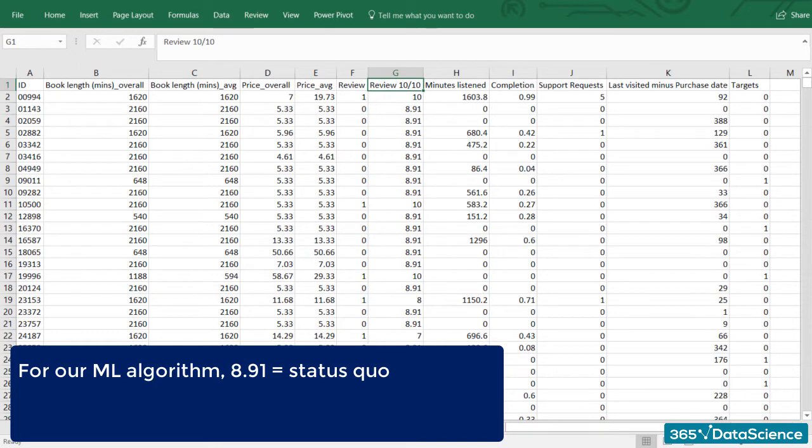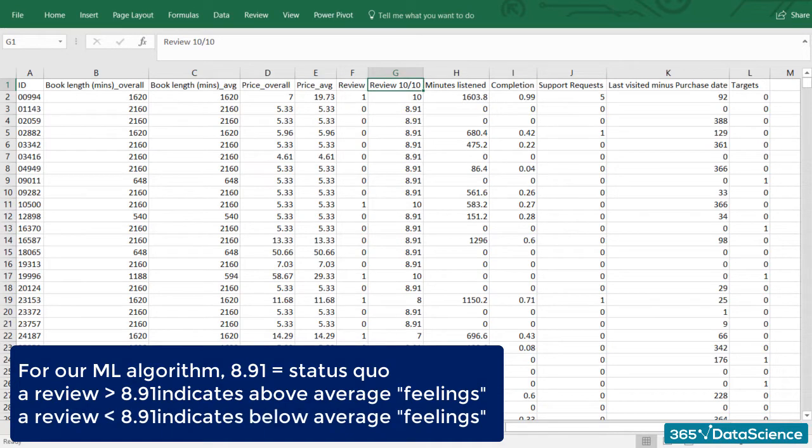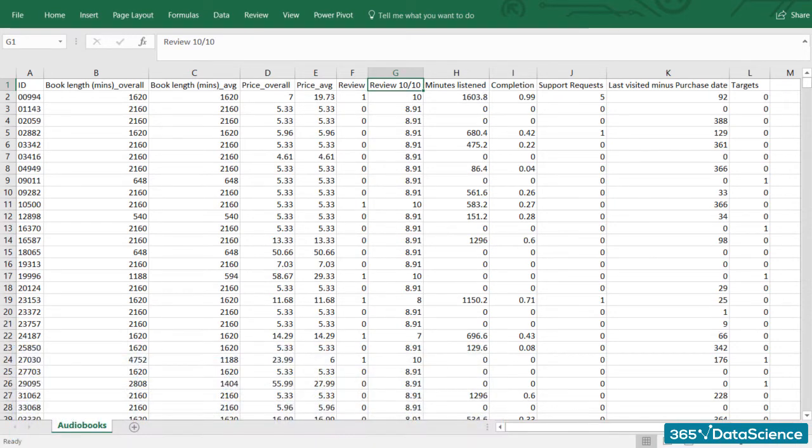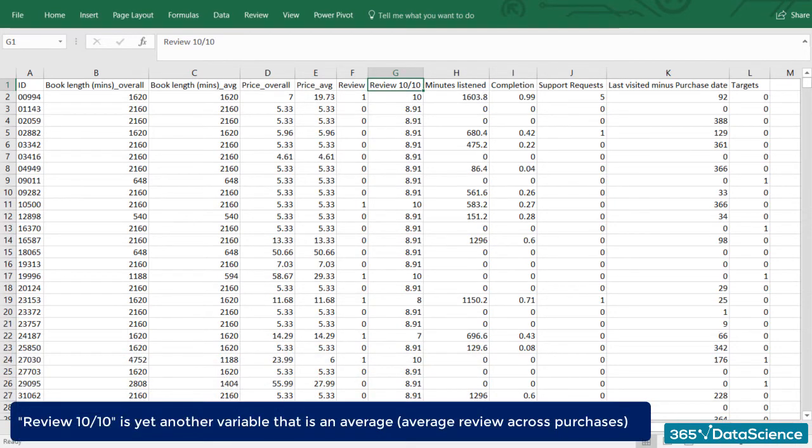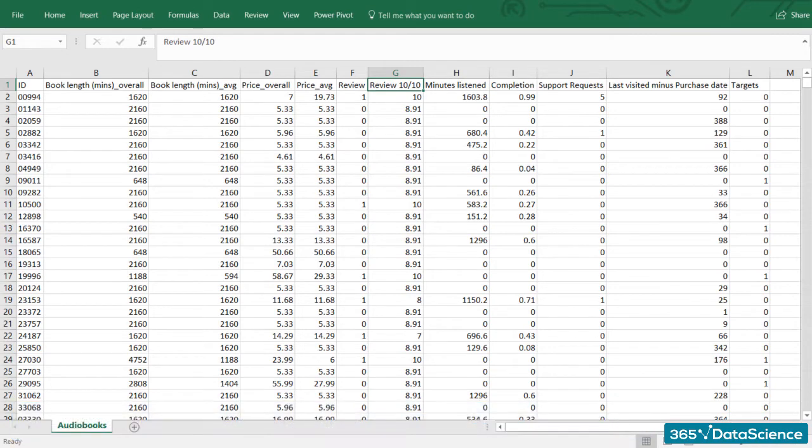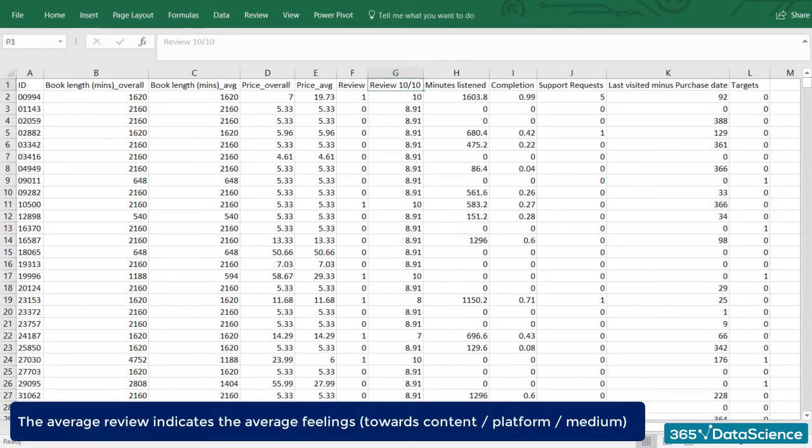A review bigger than 8.91 would indicate above average feelings, while a review less than 8.91 would indicate below average feelings. Notice I am saying feelings. Review is yet another variable that is an average. A customer may have bought 2 or 3 books on the platform. The average review she left indicates her feelings towards the content on the medium or, better, the medium as a